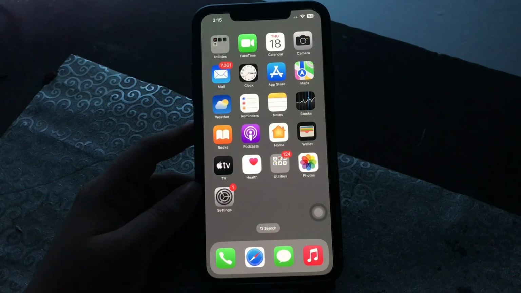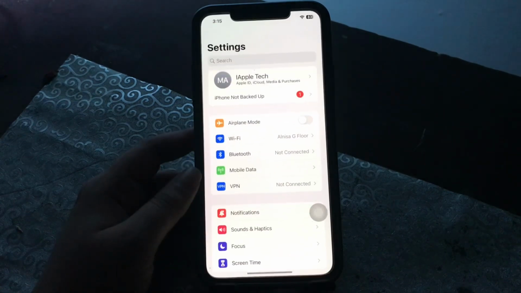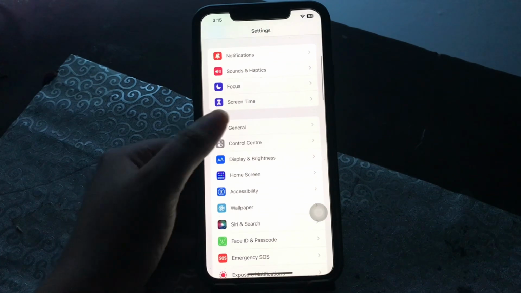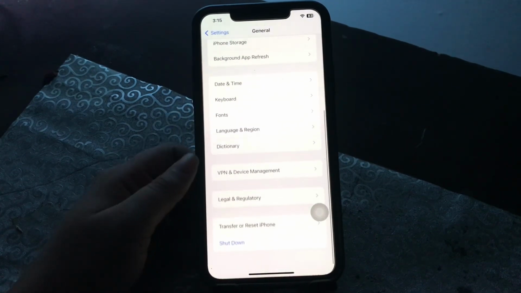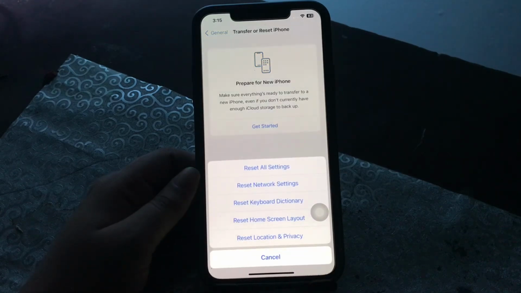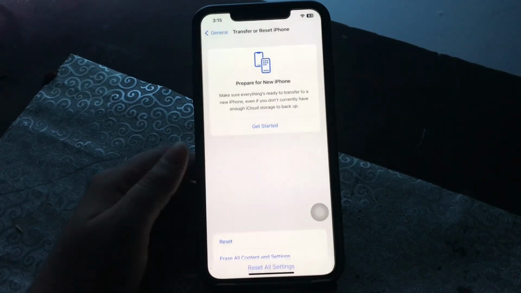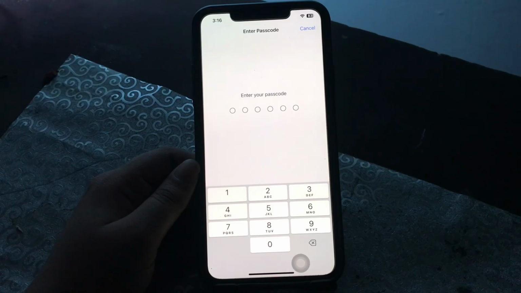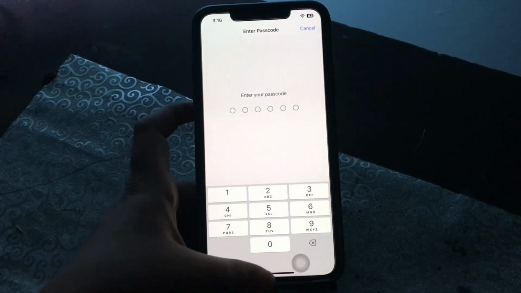You need to open the Settings app on your iPhone, scroll down and then tap on General, scroll down to the bottom and then tap on Transfer or Reset iPhone and then tap on Reset. Here you will see the option of Reset Network Settings. Tap on it. To proceed, this might ask you to enter your iPhone's passcode. Upon entering the passcode successfully, you have to tap on Reset Network Settings again from the context menu for confirming. This starts to reset all the network settings available on the iPhone and you are done.